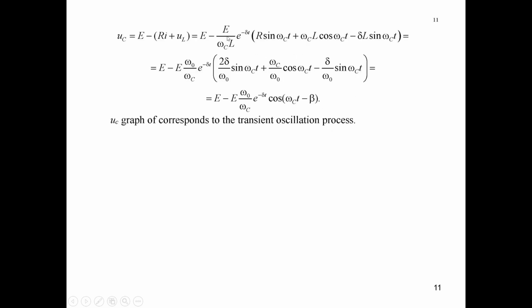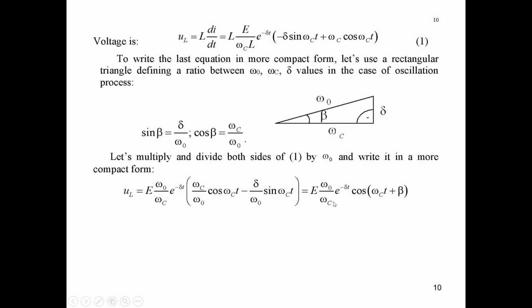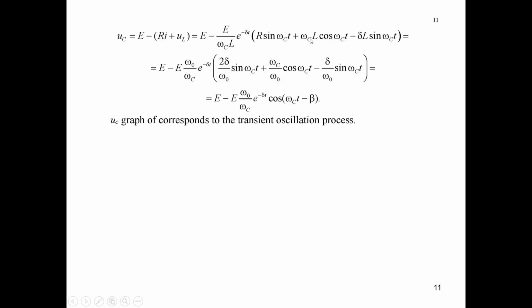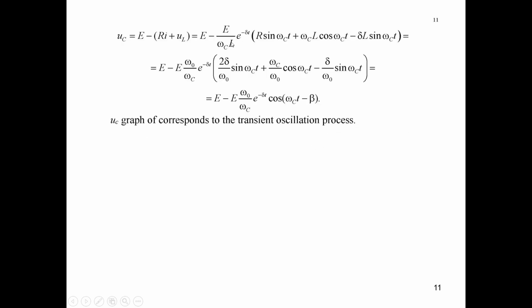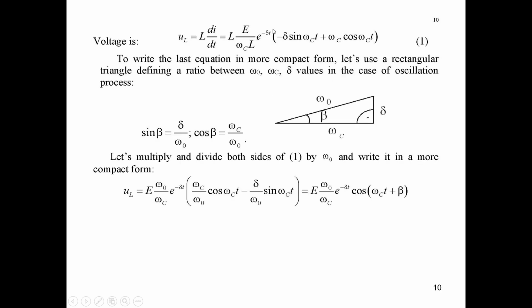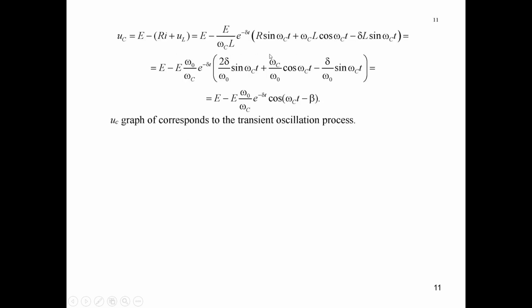It is E over omega CL, exponential function, sine, multiplied by R, it's RI, and plus UL. And UL here is E, the same coefficient E over omega CL, the same exponential function for UL. The same exponential function may be put before brackets, and in brackets,